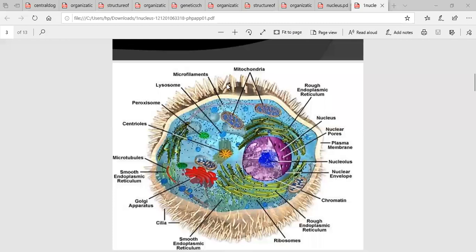So our lecture is on the nucleus. The nucleus is a functional part of the cell. In this structure of a cell, you can see inside there is one compartment that we call the nucleolus, or nucleus. Here, in the purple color, you can see this nucleus and the nuclear membrane.